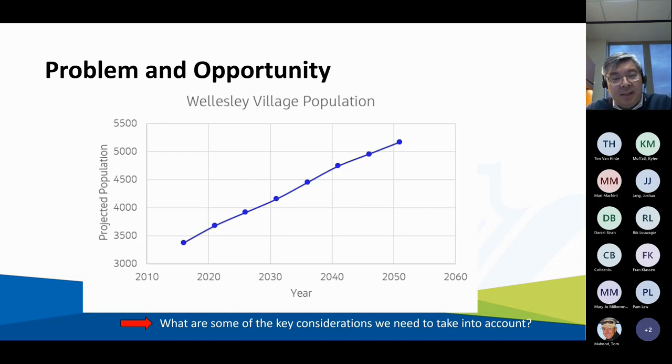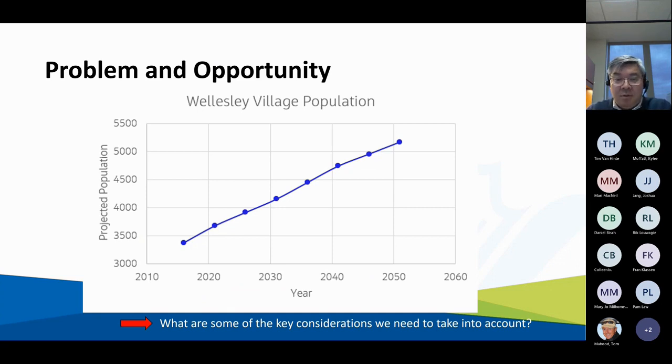Based on census data and help from the region's planning division, the current population of the village of Wellesley is approximately 3,400 people. Over the next 30 years, the population of the village of Wellesley is expected to increase by about 40%, as shown by this chart. Similar to the discussion about the study area earlier, the region and the township staff are reviewing the recent amendments to the official plan to identify if there will be any impacts to future community growth. Again, we'll report back to you on what we find in the next public consultation.